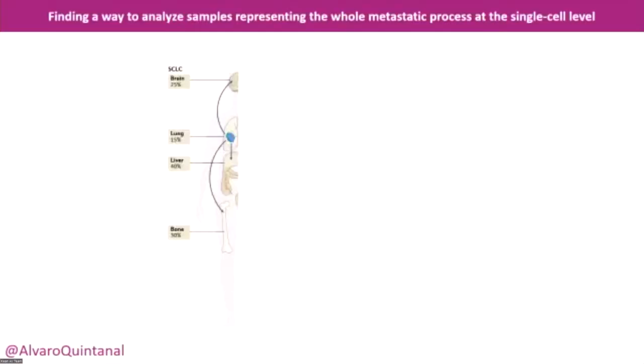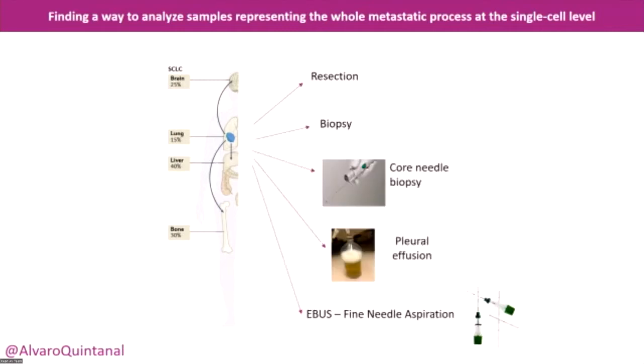So for the first one, as I said, what has been characterized so far are resections, which are the samples that we get more often, but these only represent early stages of the disease. So we had to optimize a protocol to process samples for single-cell RNA-seq that will represent different stages, like local metastasis and distant metastasis. So we optimized the protocol to process not only resections for single-cell RNA-seq, but also biopsies,